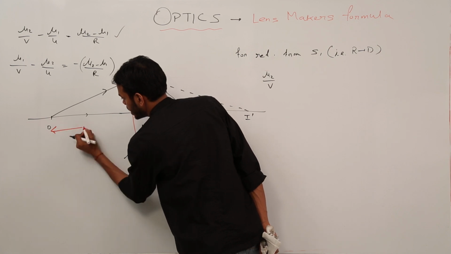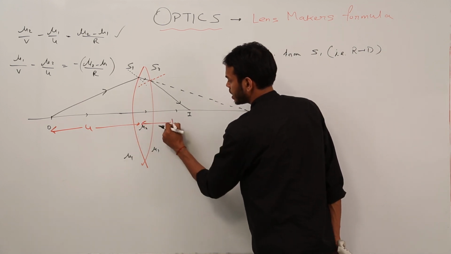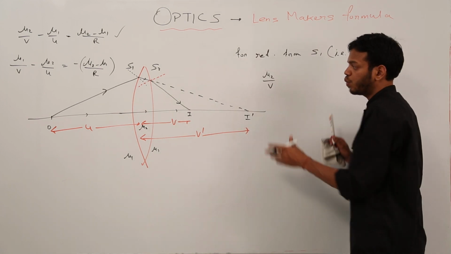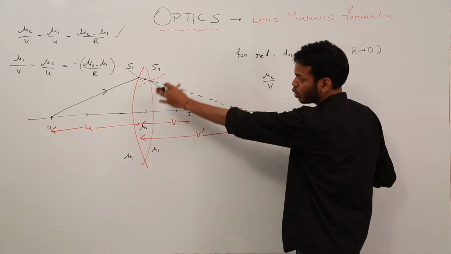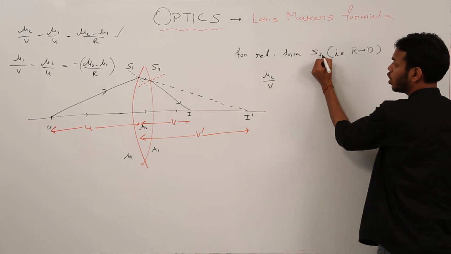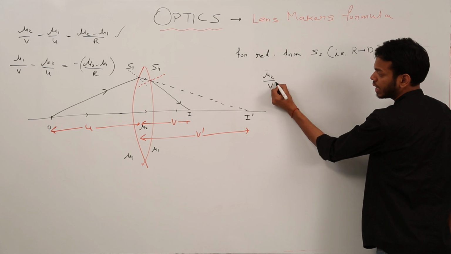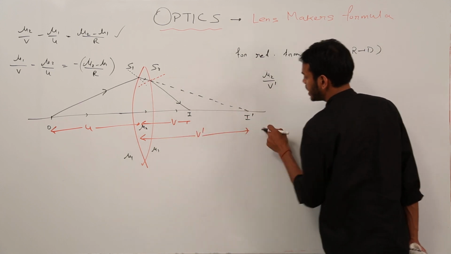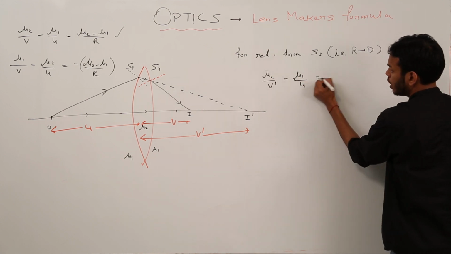Object distance is u from the central line of the lens. This is the image distance for the image formed due to the first surface, not the second. This is the final image, but due to the first surface, this was the image to be formed. So if I am taking the first surface only, I have to consider the image formed by the first surface. So mu2 upon v dash, because the image due to the first surface is at this point, minus mu1 upon u,